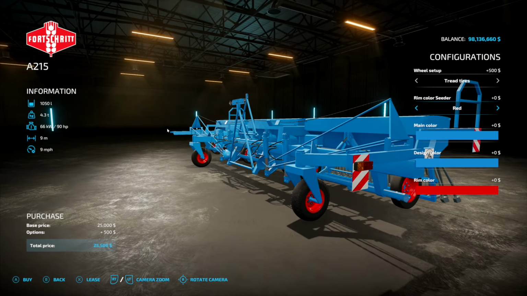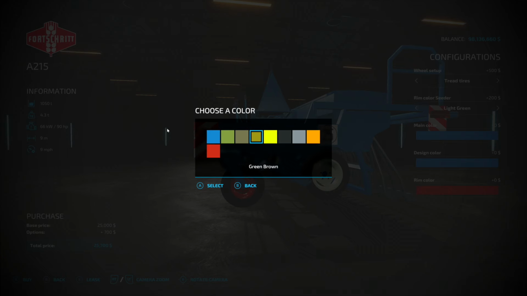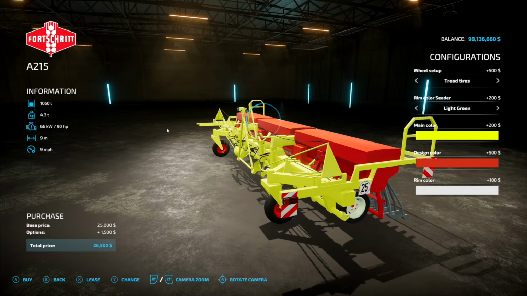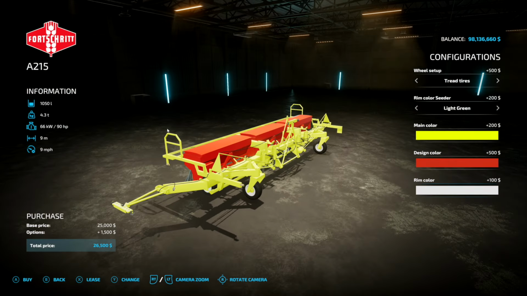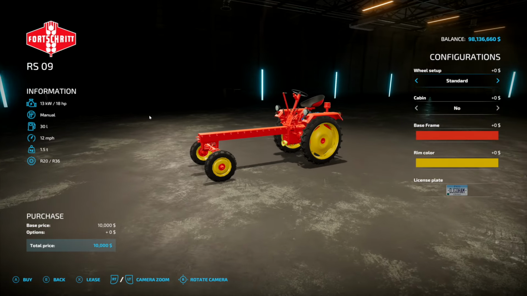A rim color for the seeder, we could change those up. And then we have a main color of the machine itself, the design color of the machine, and then the front rims. Super cool. I'll be honest with you, I mean, I'm a big fanboy. There's that. But I love this. This is such a cool machine. That's not all, because we also have the Fortschritt